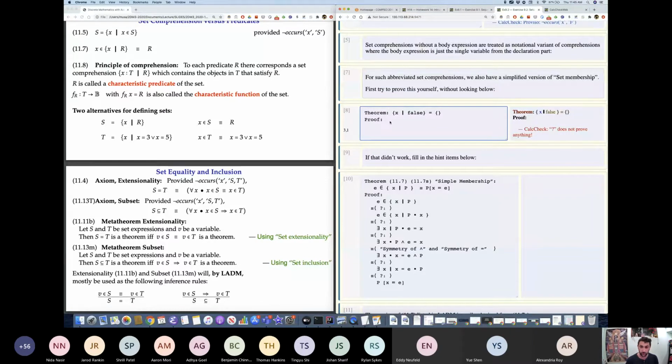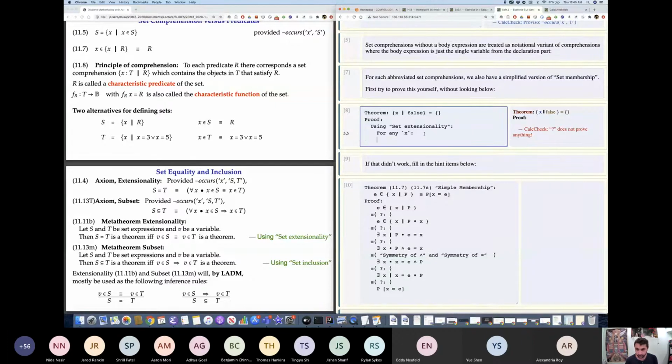So the only way to proceed is to say, all right, we're using set extensionality. And set extensionality says, for any element x, to prove two sets are equal, they should have the same elements. So we're going to show that for every x,